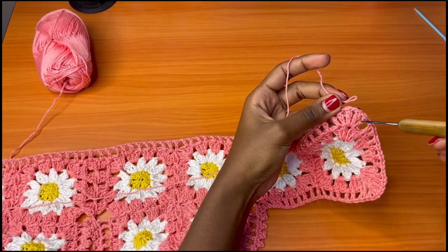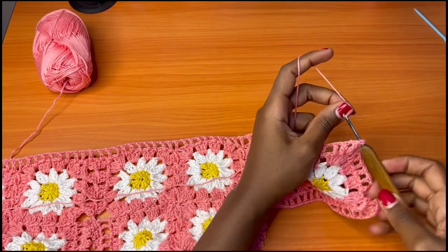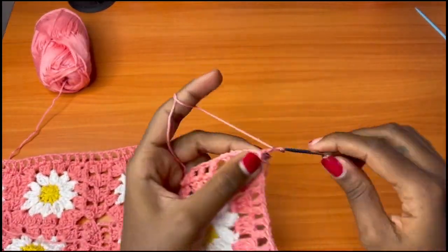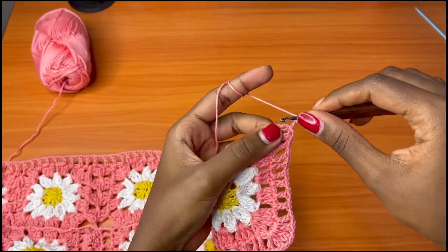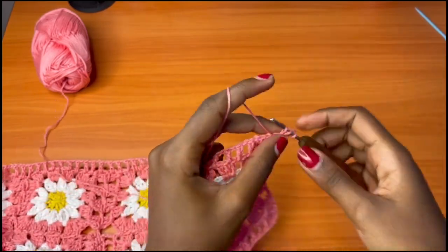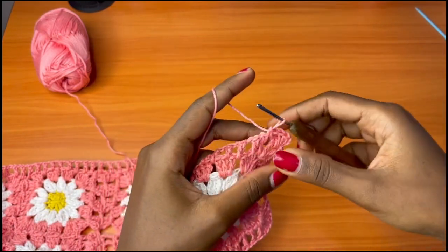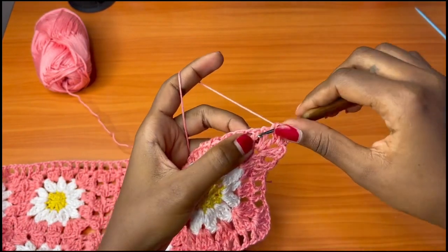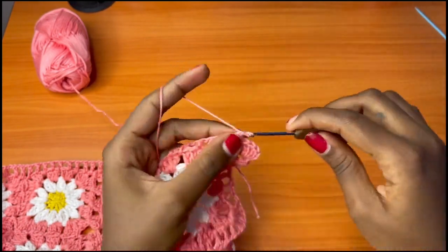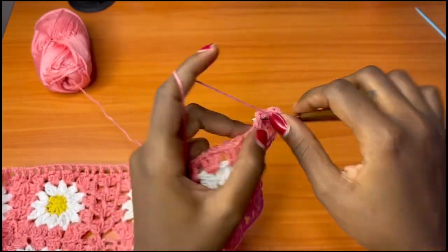chain one space of the three. There are 3 chain one spaces, so I'll connect in the middle there, like that. Then chain 3, and I'll go into that same space with 3 double crochets, and then go into the next 2 chain one spaces with 1 single crochet. So this one and this one get 1 single crochet, chain 3, then 3 double crochets into the same space,